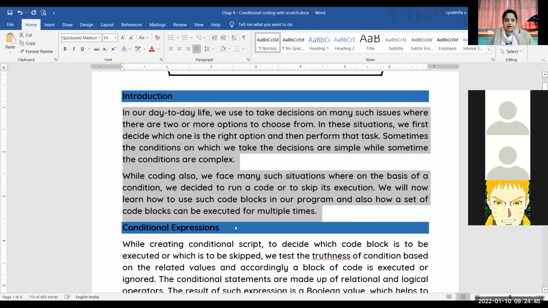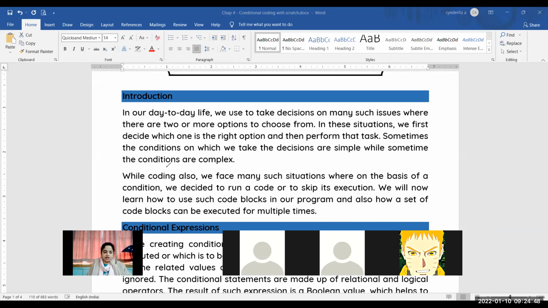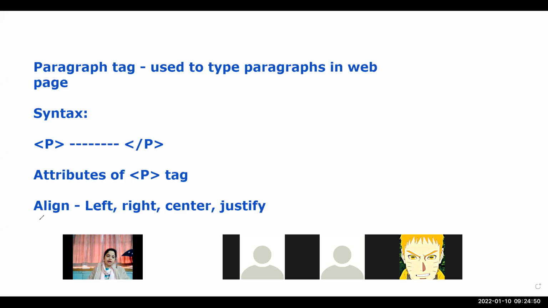Now same way we can give the alignment tag. We can use the align tag and align attribute with the body tag, and align attribute can have values left, right, center and justify. Okay, but this justify attribute value is not available with the heading tag because heading tag is only to give headings, so justify alignment वहाँ पे नहीं है.